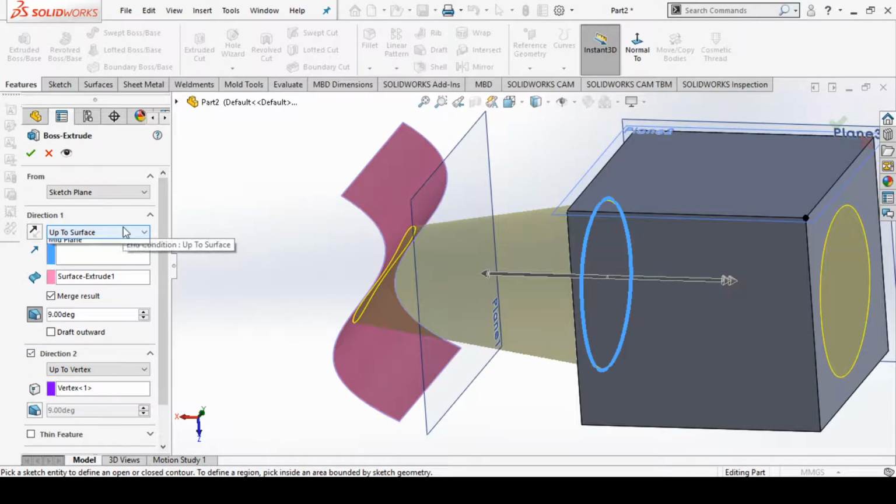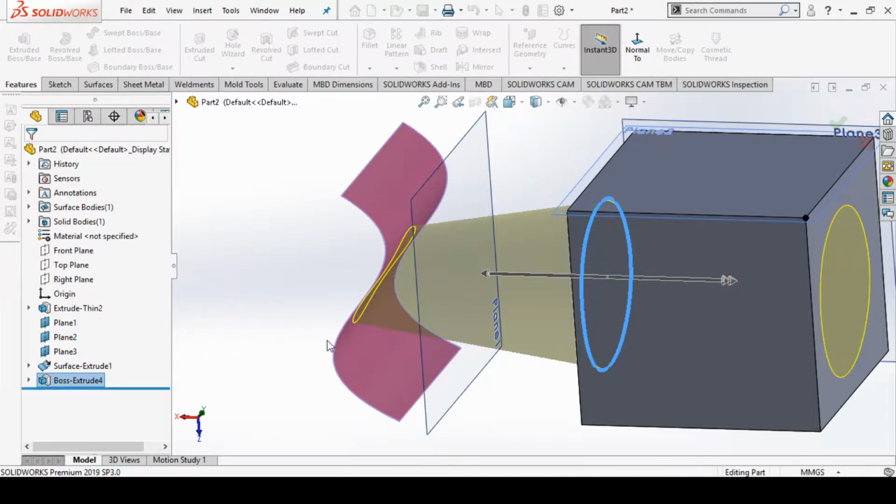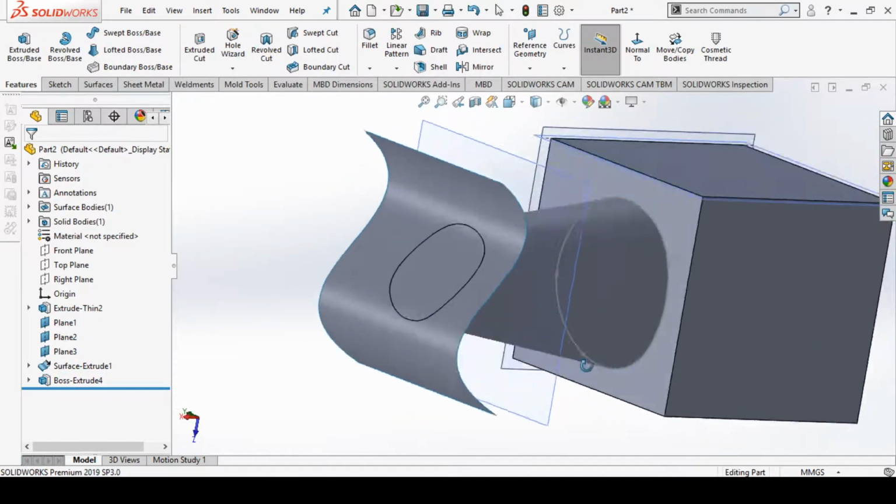Now let's try to understand how to create an offset, or create an extrusion up to the body. Suppose we create this extrusion, and then we'll delete this extrusion.